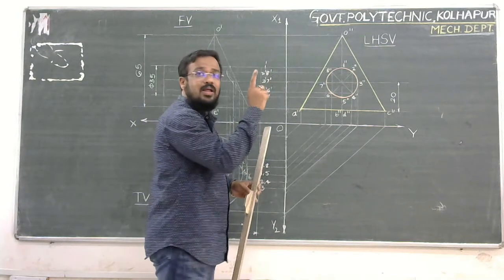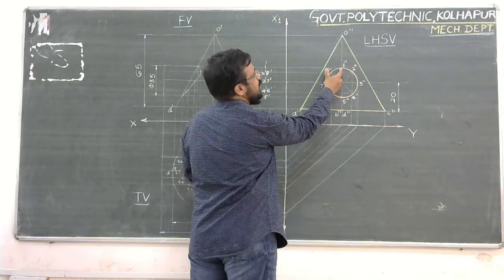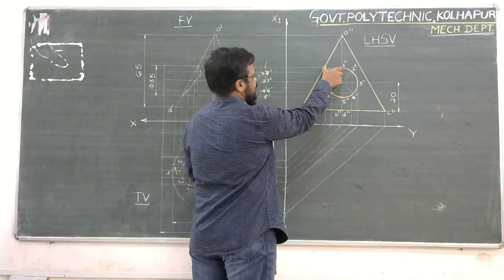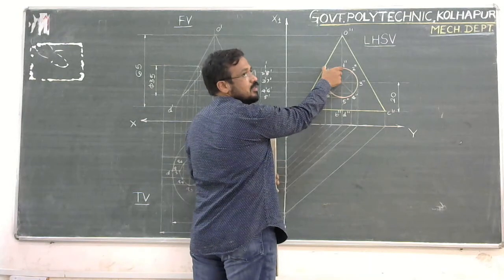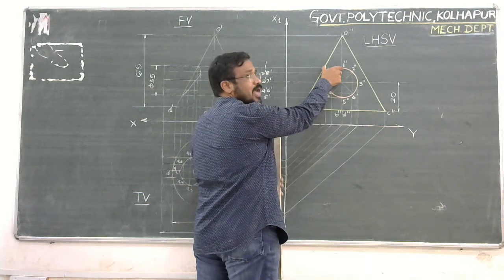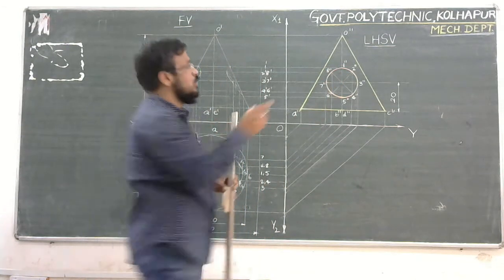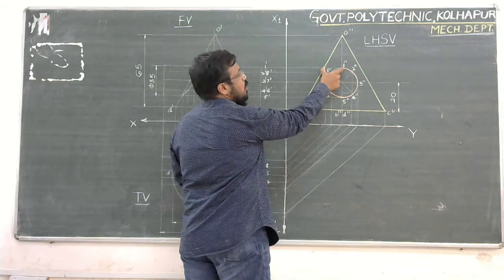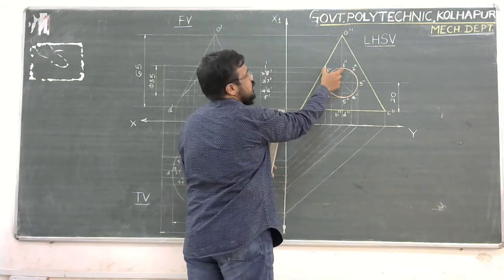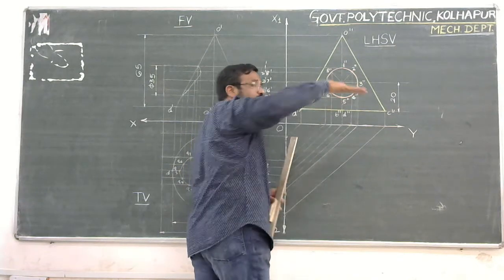This is the method, cutting plane method. In this method, we have to consider the distance of this cutting point, 1 double dash, from this edge. This edge is O double dash A double dash. This is the limiting edge generator of the cone. Okay, so take this distance of 1 double dash point from this edge O double dash A double dash. So this is the horizontal distance because the plane is cutting in the horizontal way.